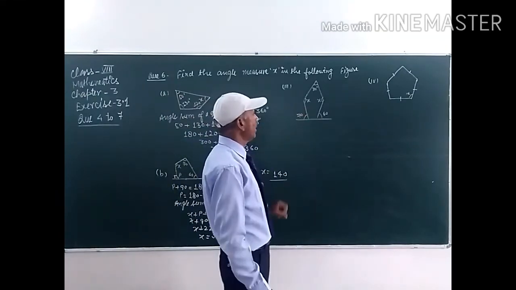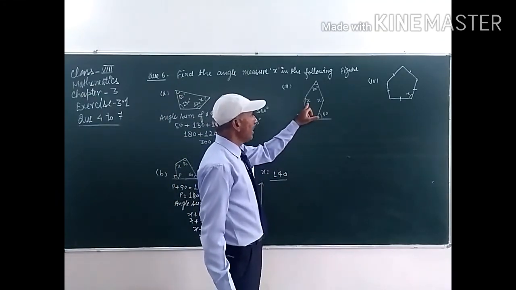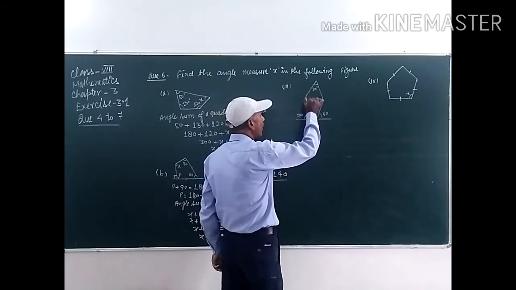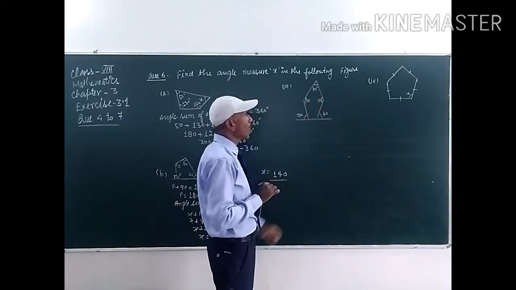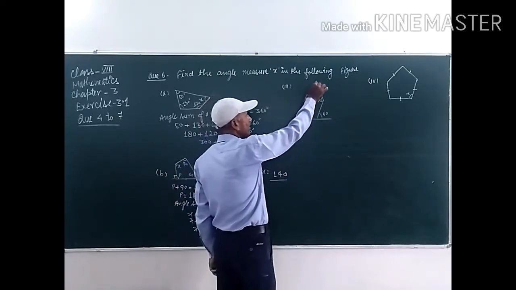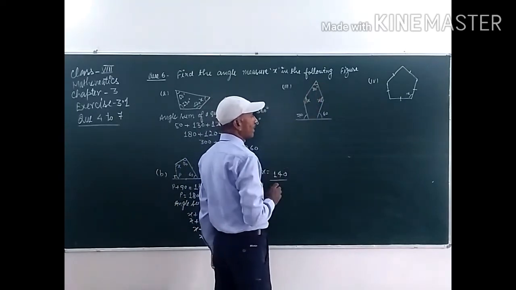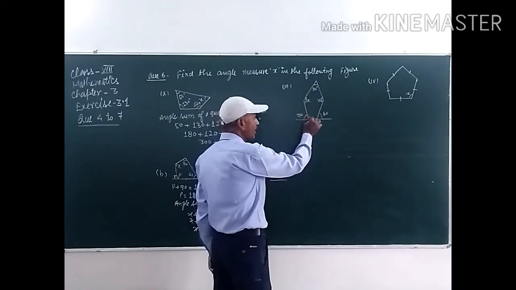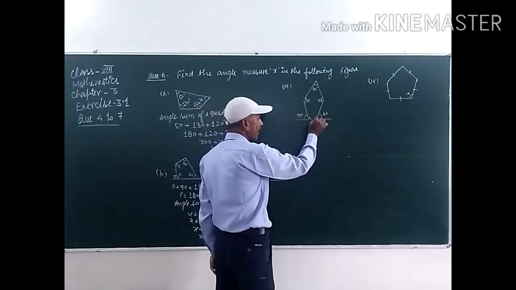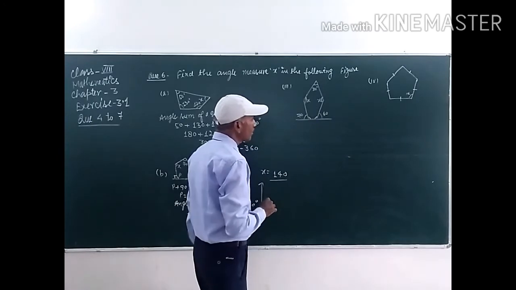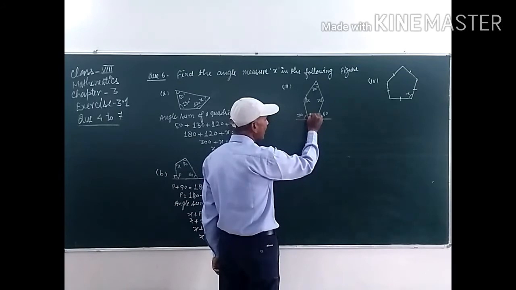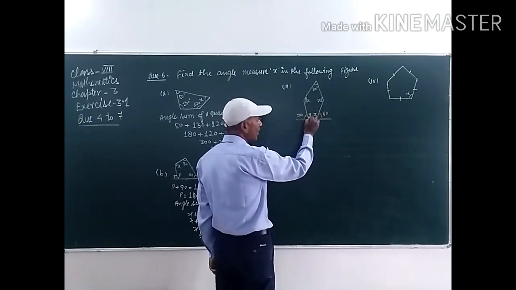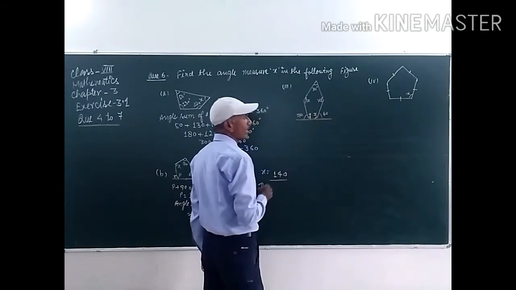In this question, students, this angle is x and the value of this one is also x. These two angles are of equal measure, and this one is given as 30 degrees. But these two interior angles are not given, so first of all, we have to assume this angle is y and this angle is z.